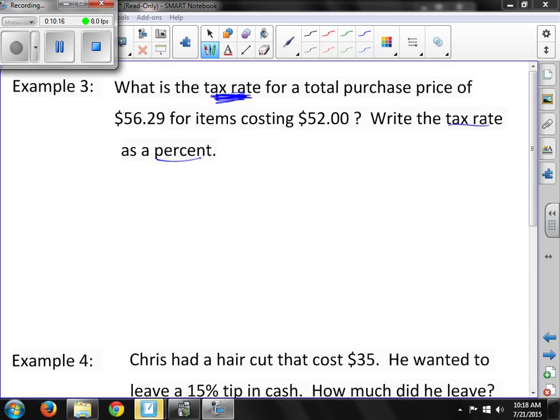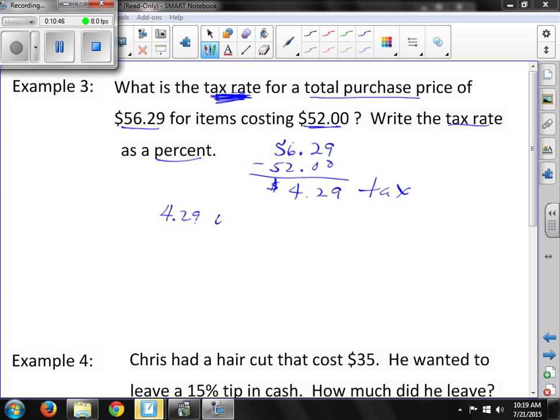So first of all, the total purchase was $56.29 and the items cost $52. So if we subtract 56.29 minus the $52, we'll find out that we're talking about the tax being $4.29. So the tax is $4.29. $4.29 is what percent of the $52? So we're looking for the percent. So we'll have x over 100,